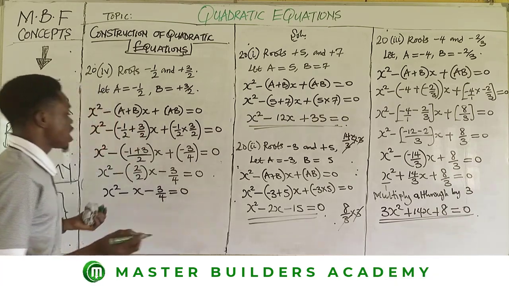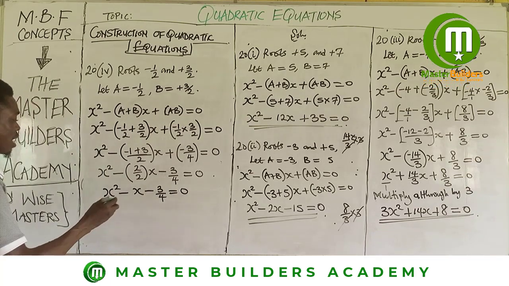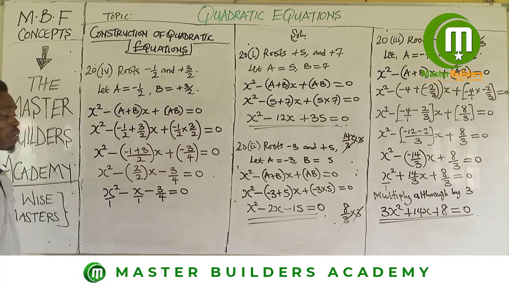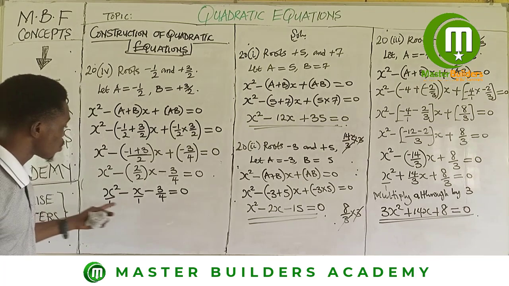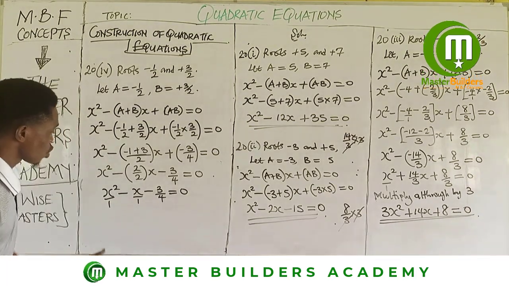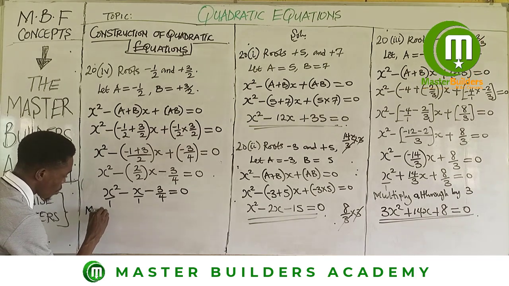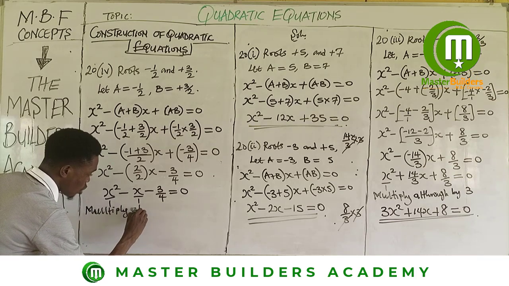So at this point, all we need to do is to clear off the fraction. So we can simply say that this in fraction form is over 1, and this in fraction form is over 1. So the LCM of everything here is 4. So we are going to be multiplying this whole equation by 4 so that we can clear off the denominator. So multiply all through